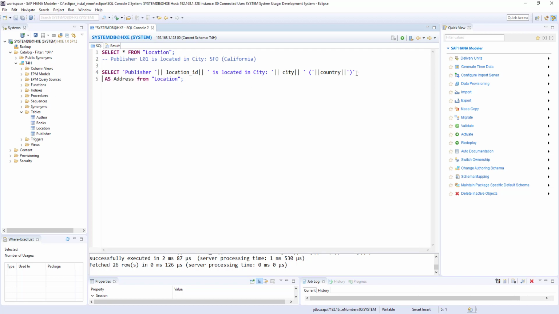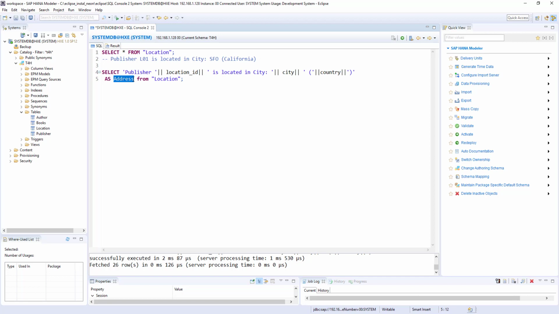But the best practice is to always use as. We renamed the column name from this text to address. There are some advantages with this renaming or aliasing of column names. If the physical table column name is misspelled by some developer, then you can rename that column using as in your select statement.